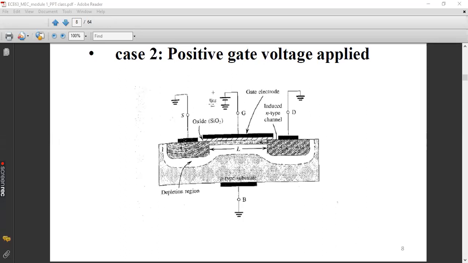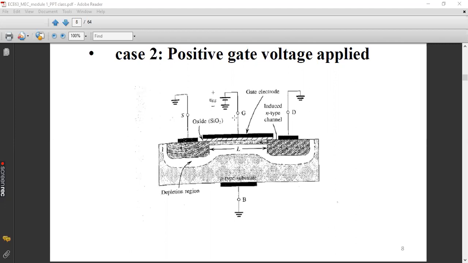So even if you are applying a voltage to the gate, it is named VGS, because that is the potential difference between gate and source. So make sure that you connect the positive terminal of the battery to the gate.